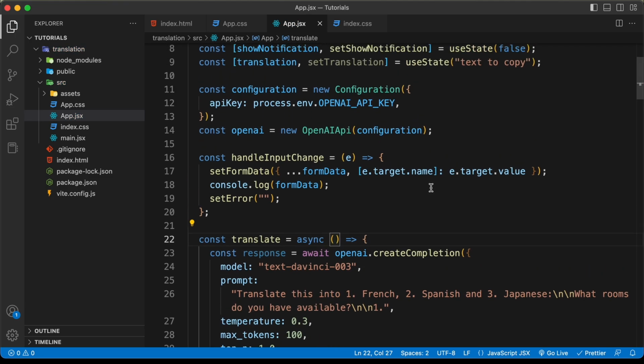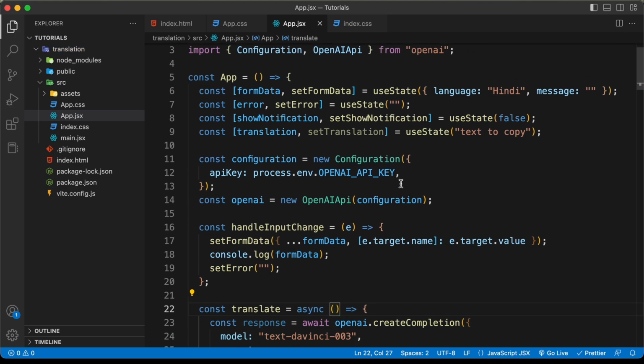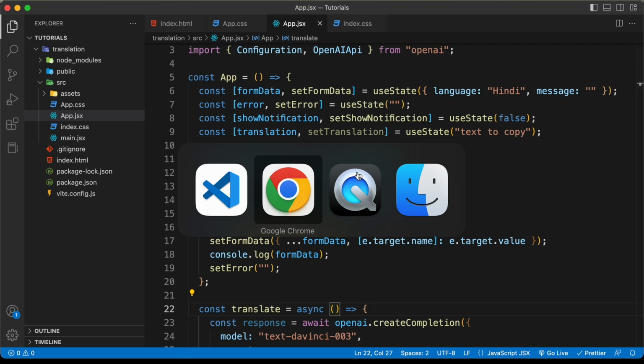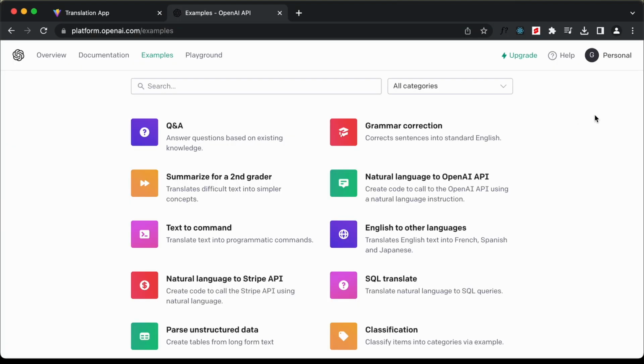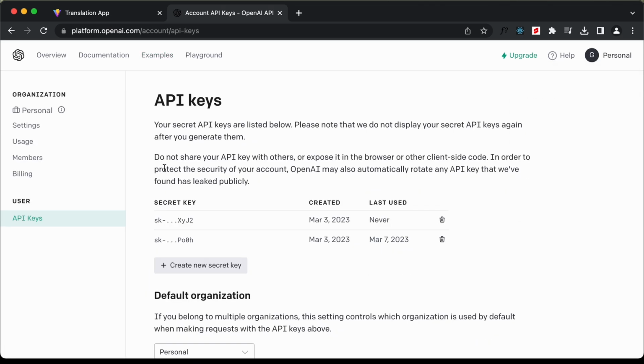Right now, the next thing we need to do is get an OpenAI API key, and we need to add it over here. So for that, let's go back to the OpenAI website, click on your username, and click on view API keys. And here we can see we have the API keys listed. You can just go ahead and create a new one. So let's click on create new secret key,